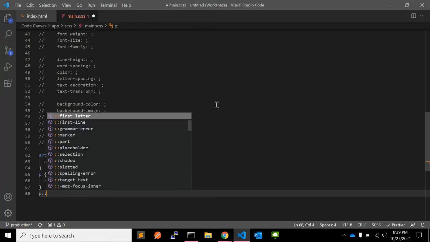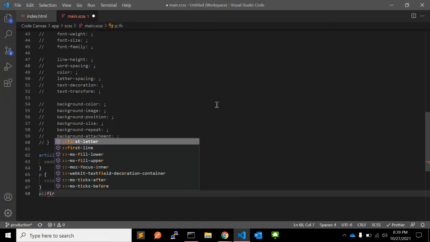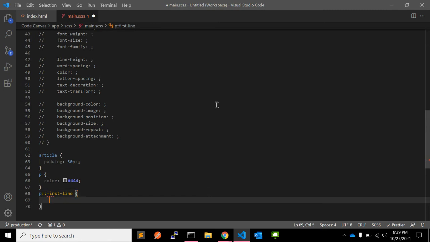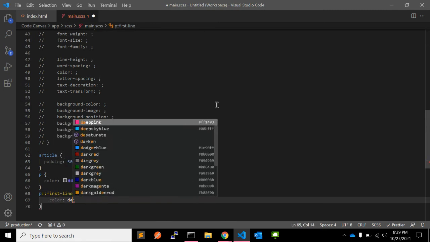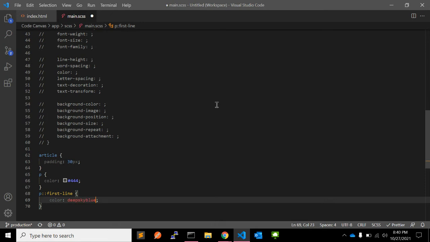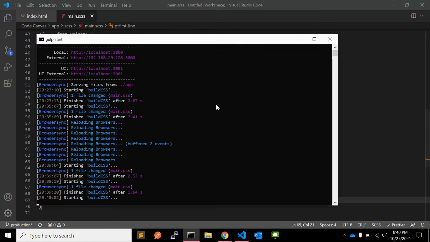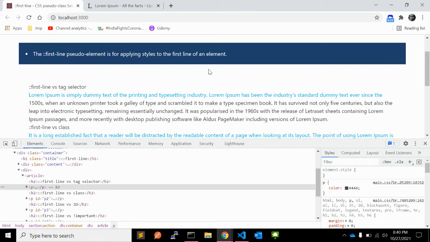Now we can use p with the first line pseudo selector. And here we can give color deep blue, for example, and let's see how it looks.